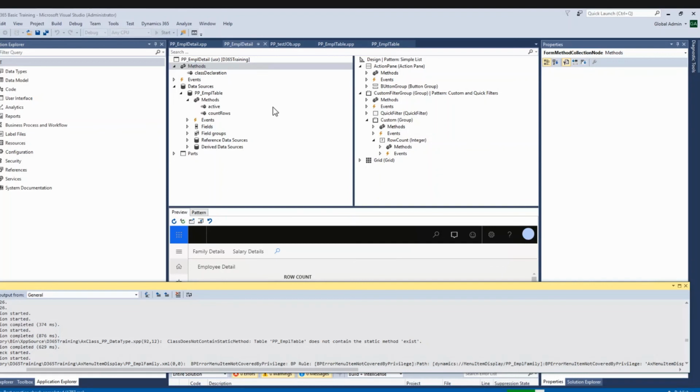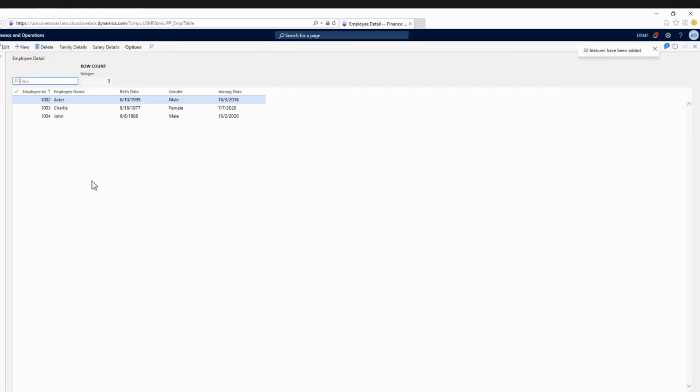So let us see it in the browser. I will refresh the browser. See, now you can see we have the record rows count.